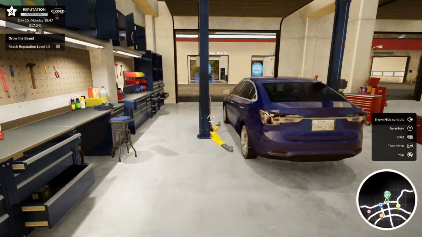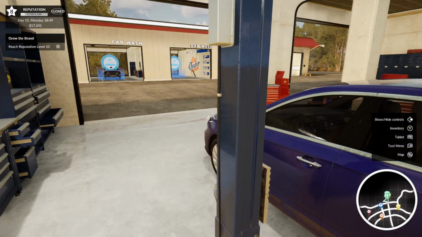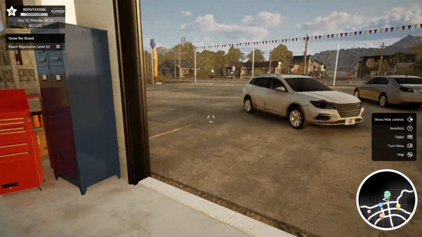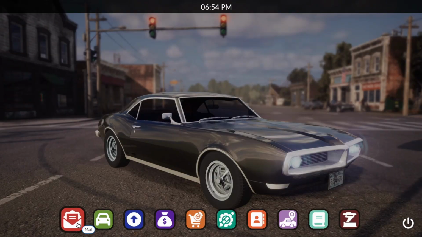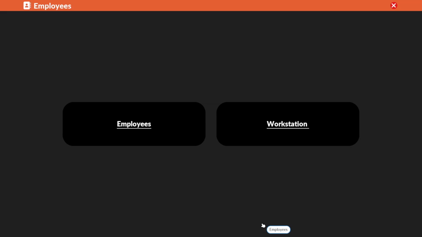All right, let's see. So this, oh, what time is it? 1848. They're done for the day. We need to get night workers, right? Like, I feel like, is that even an option? How do I hire more people? I need to be able to have people work at night. Let's see. Employees. Yeah, employed workers, 3 out of 3. That's unfortunate, because I'm trying to run a 24/7